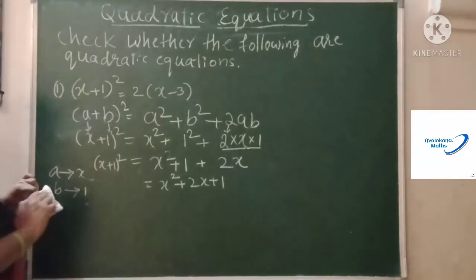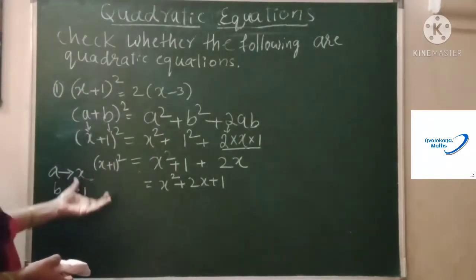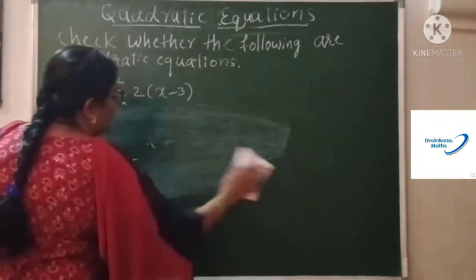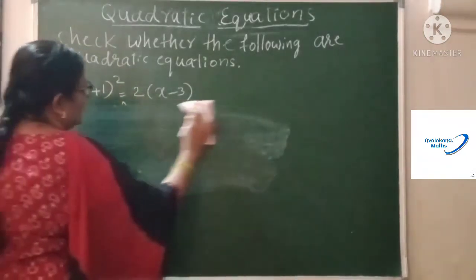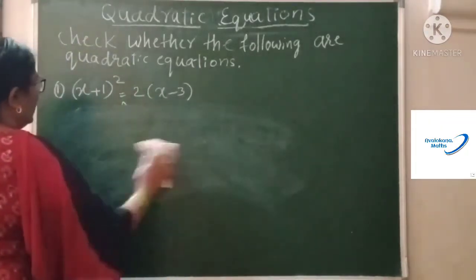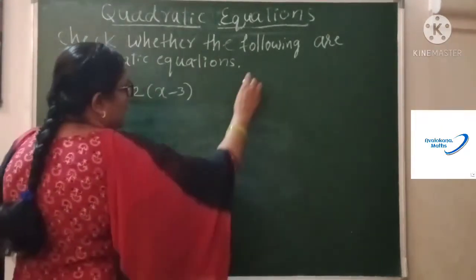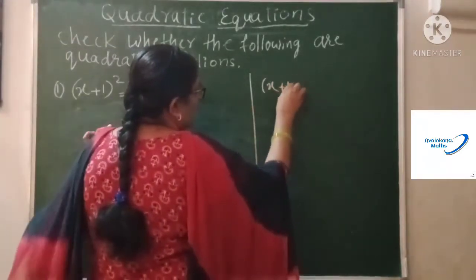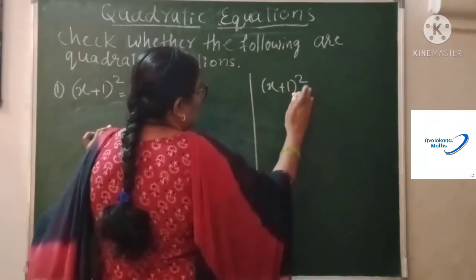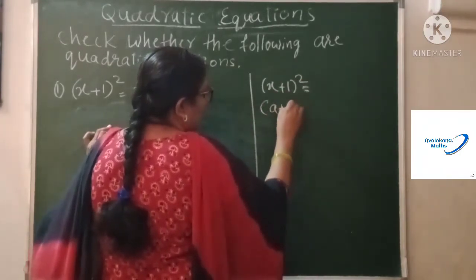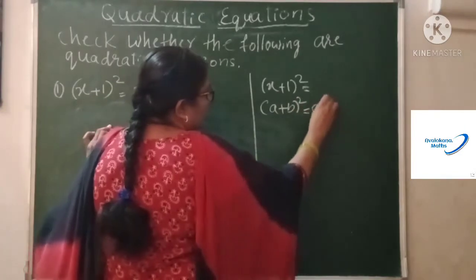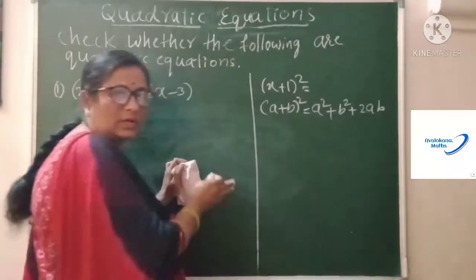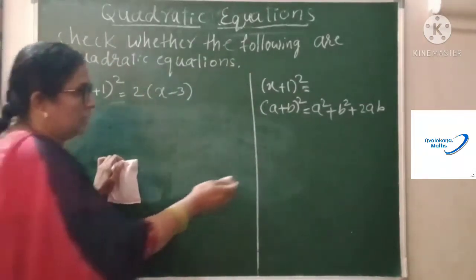This is one step. So children, don't solve this way below the question. The correct method of solving such questions is something like this. Make a part of the paper, and when you are writing (x + 1) square is equal to, write it in the form (a + b) square, which is equal to a square plus b square plus 2ab. Don't call this rough work. This is the solution of the problem, and for this also you get marks.